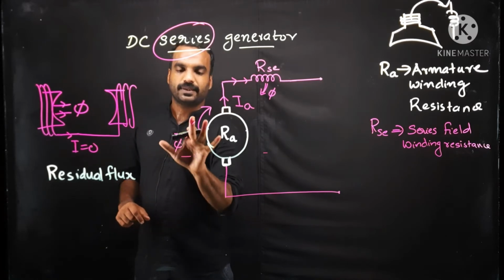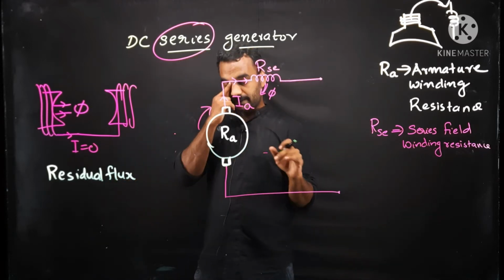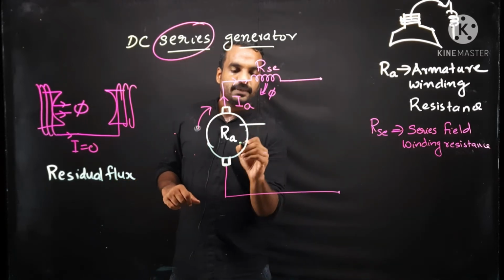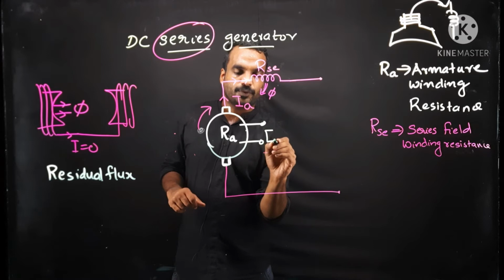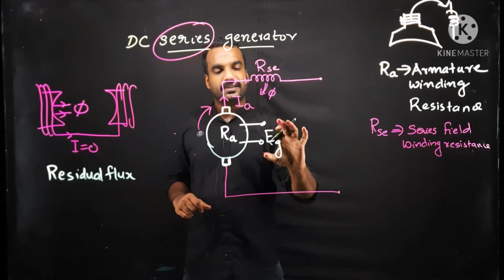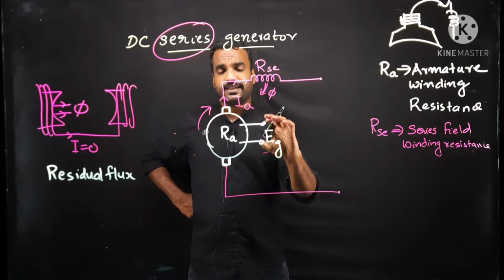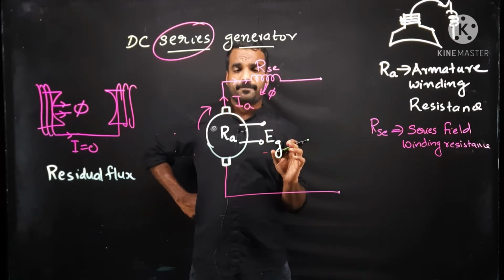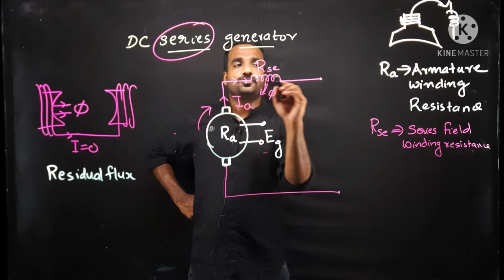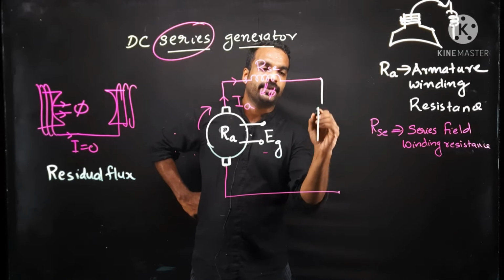So these things are not needed. You should understand that poles are there. Now, these are the terminals where you will get EMF, the generated EMF, and current. EMF is there. If you check here, you will get the generated EMF. But if the current needs to pass, it should be a closed path. So we will connect a load here.